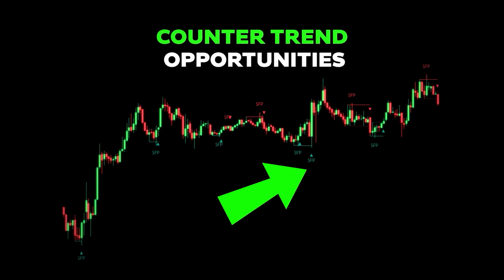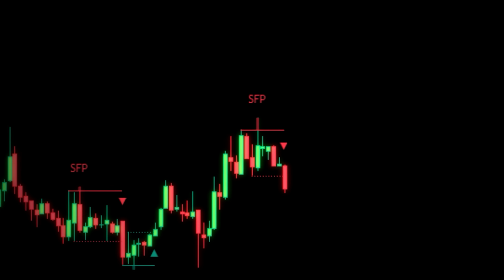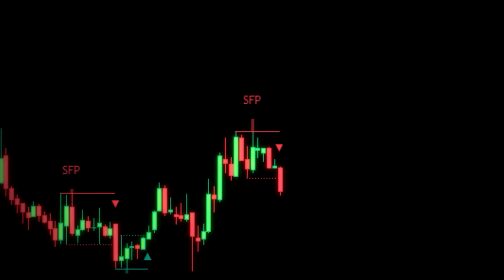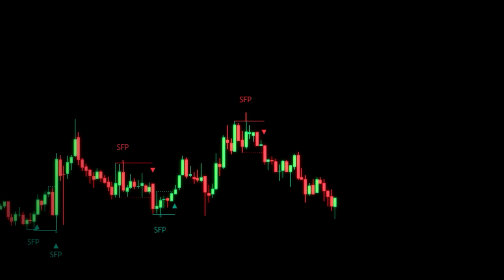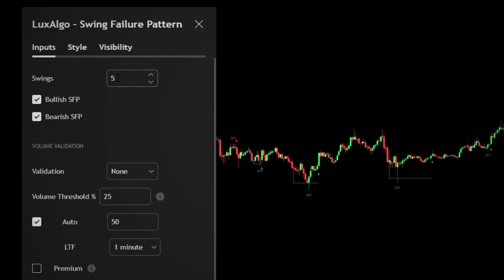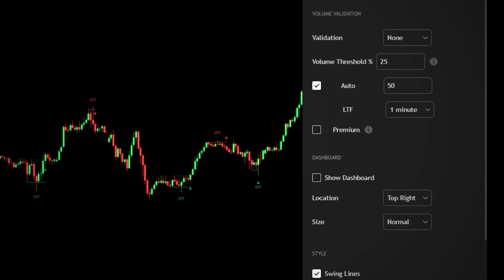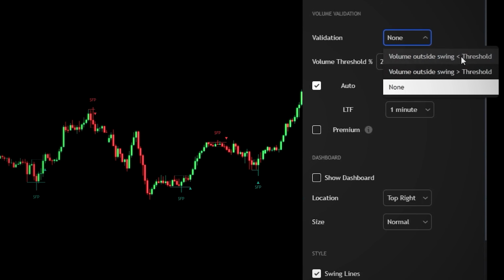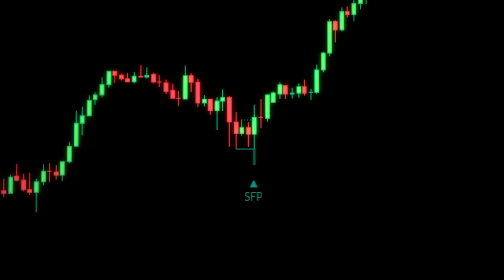And likewise, if you're looking for counter trend opportunities within a specific zone, it is excellent for spotting market tops and bottoms. Adjusting the swing sensitivity will allow you to detect larger swing levels, and that will reduce the number of signals but increase the accuracy. But that's not all. By using the volume validation feature, you can refine your setups even further. When a wick breaches a swing point and an SFP label appears, you can analyze the volume outside this zone